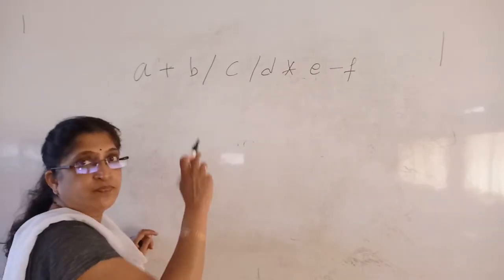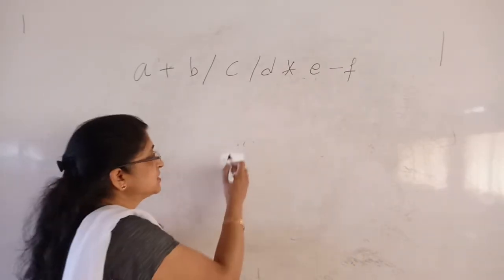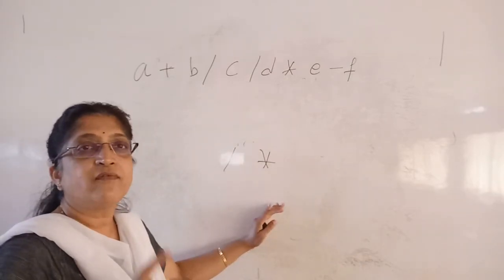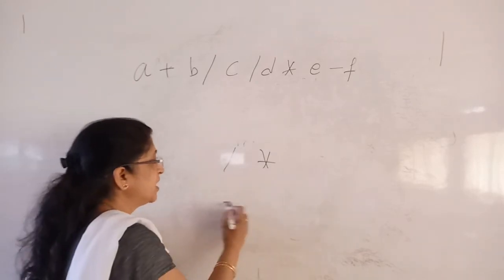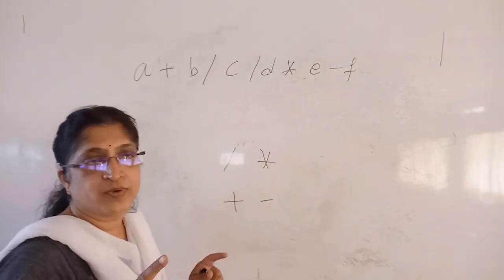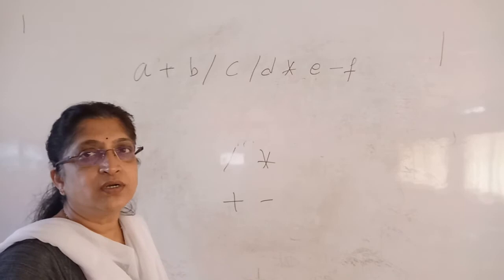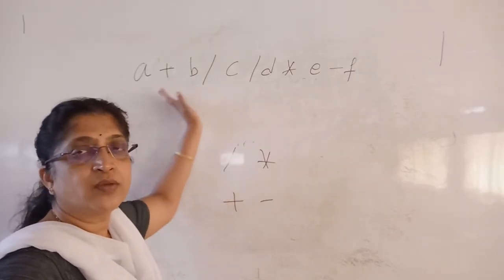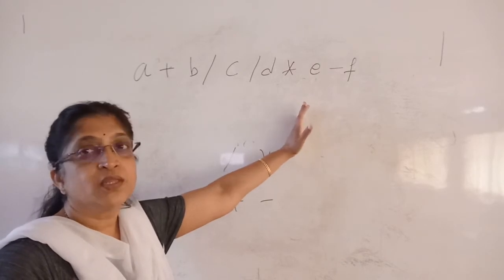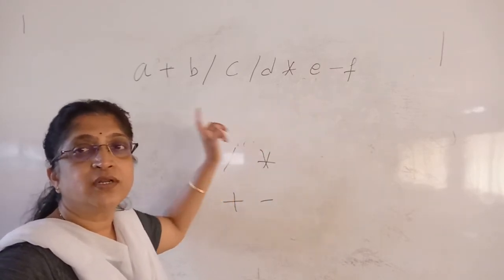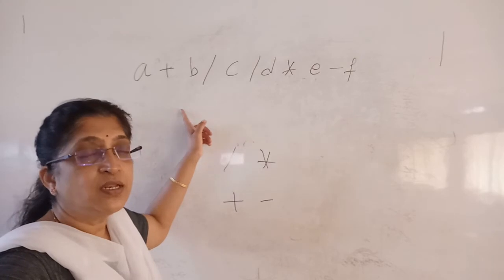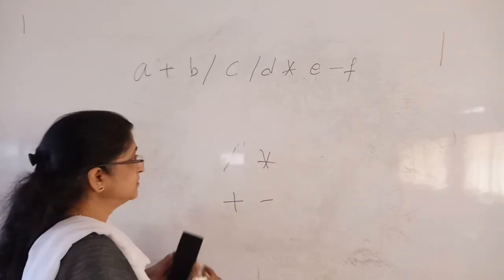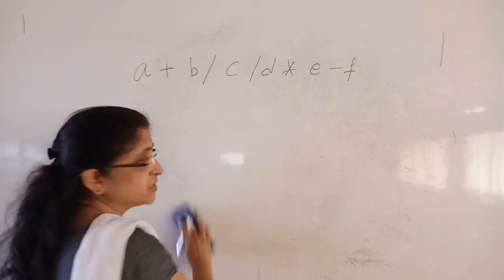So among all this, slash and multiplication, that is division and multiplication, have higher precedence, then addition and subtraction have lower precedence. So first we have to convert all the division and multiplication in the order it appears from left to right. I am repeating this: you have to convert in the order it appears in the expression. So here I'll parenthesize this.